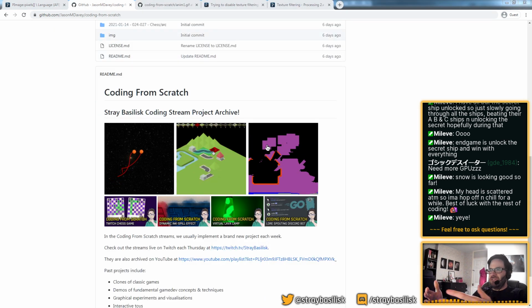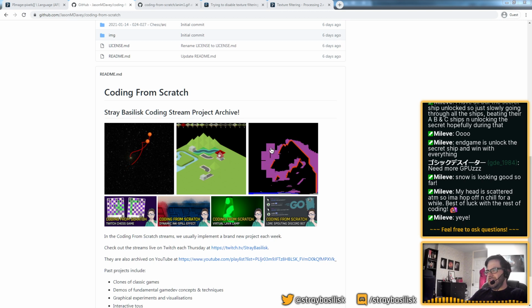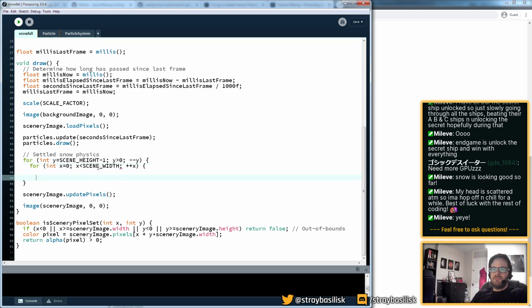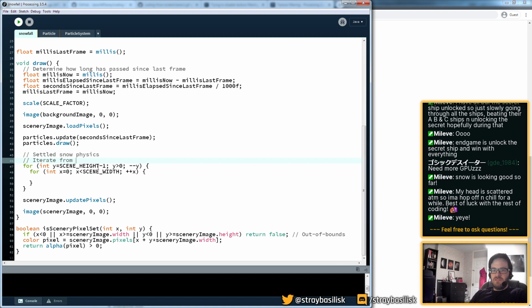But I think because stuff is strictly moving down, if we iterate from bottom up, we should be good to go. So x equals 0, x is less than scene width, plus x, from bottom up to avoid